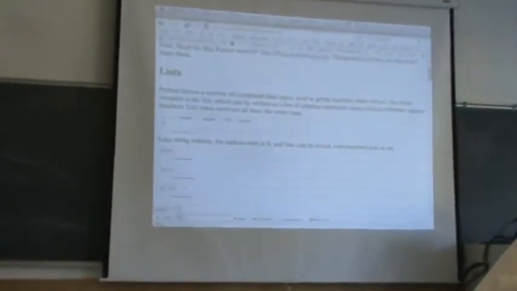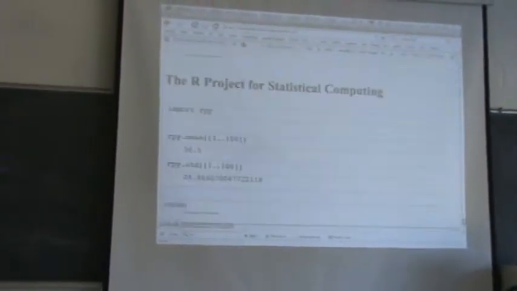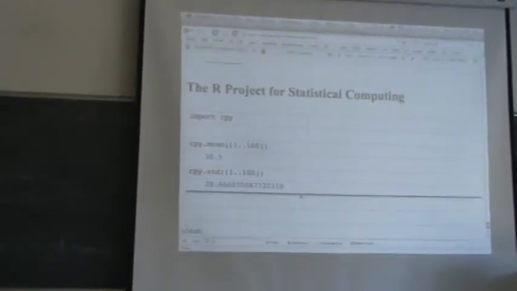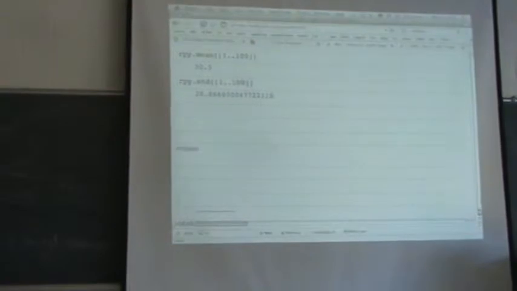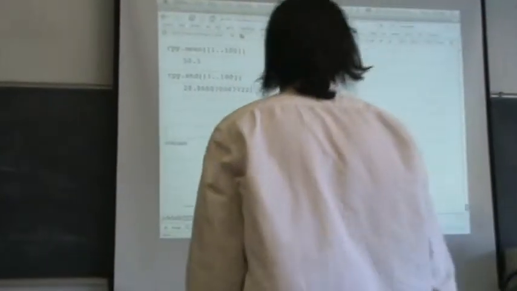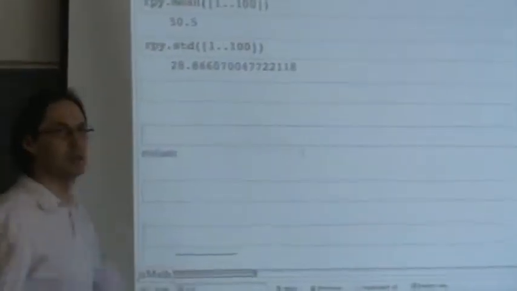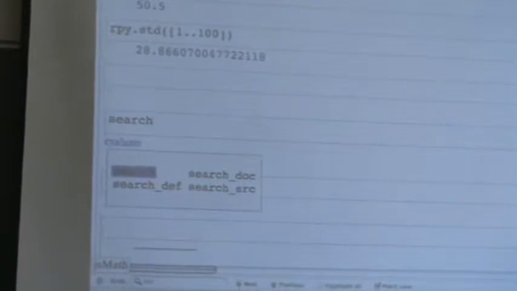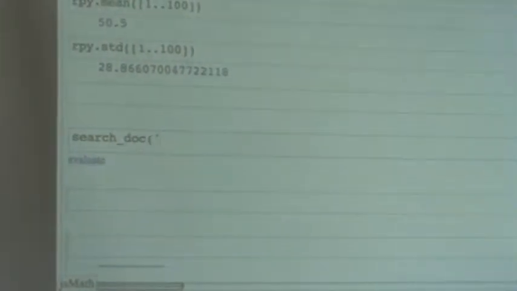It's a great question. So let's go back to the end of yesterday, so this gets saved. One thing you can do is right here there's a search command which you can run. If you don't remember what it is, type the first few letters of the word search. There's actually a couple of things, but the key thing you want to use is search doc. And then give me an example. Something you might want to do.